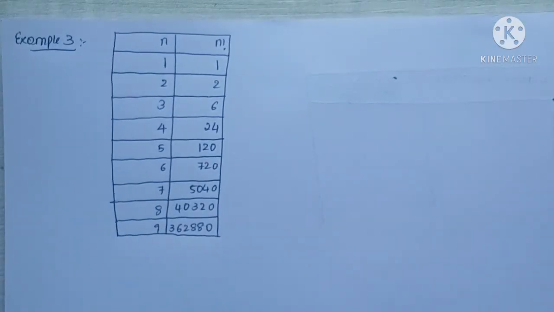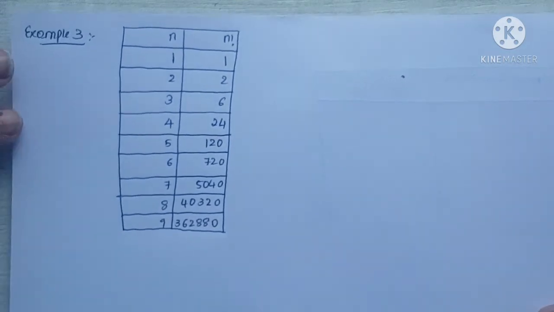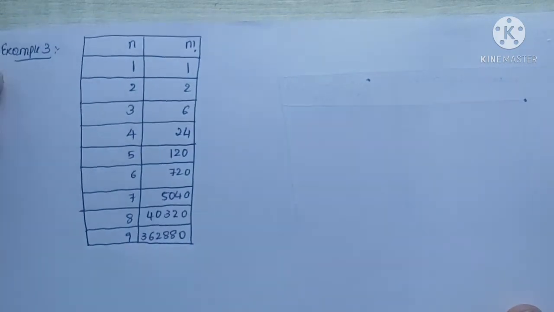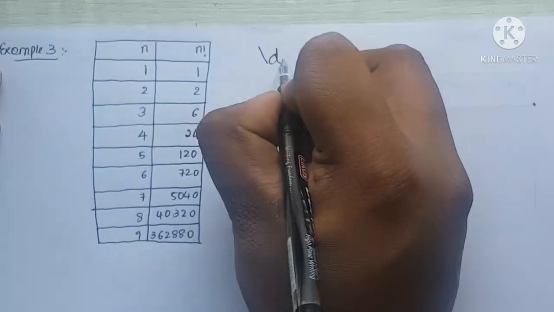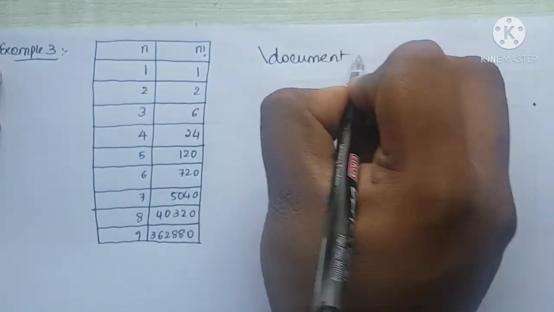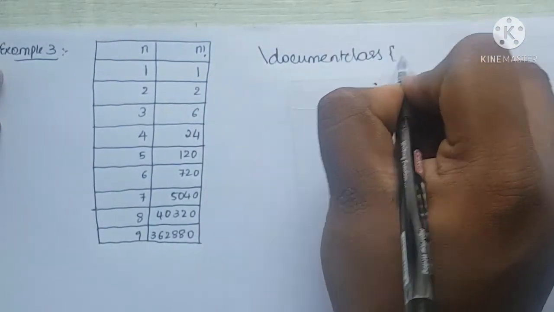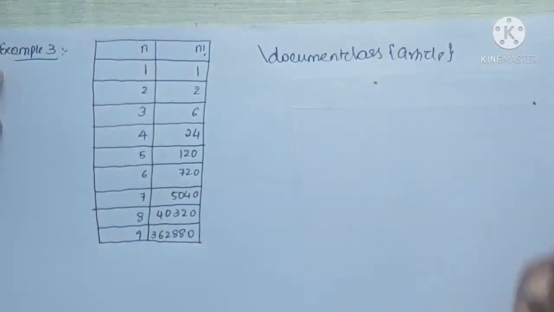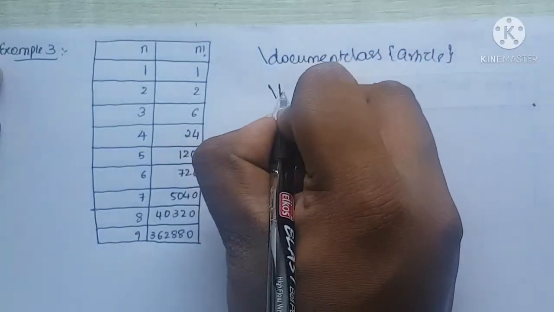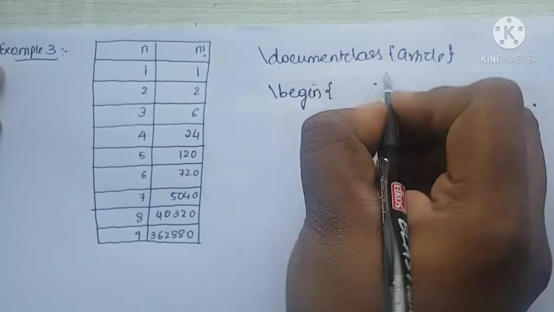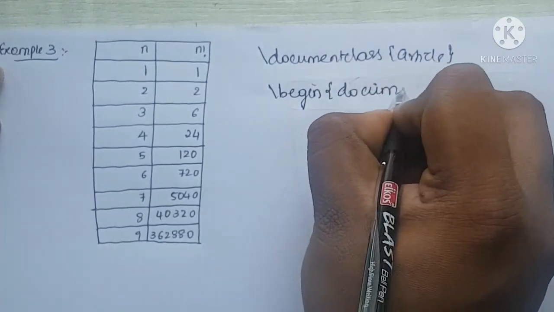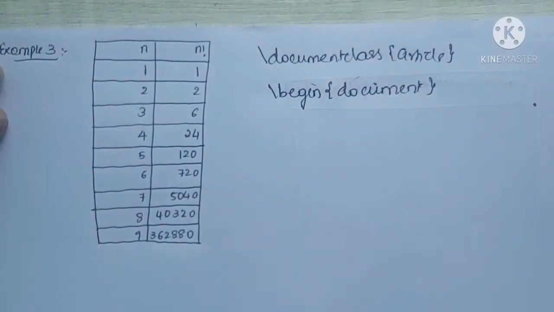So students, here is the third example. Let us see what is the LaTeX code to create this example. So what is the first line? As usual, it will always be \documentclass{article}. What will be the next line? It is always, we need to begin the document. So \begin{document}. If you want this output to be in the center, you can begin with \begin{center},